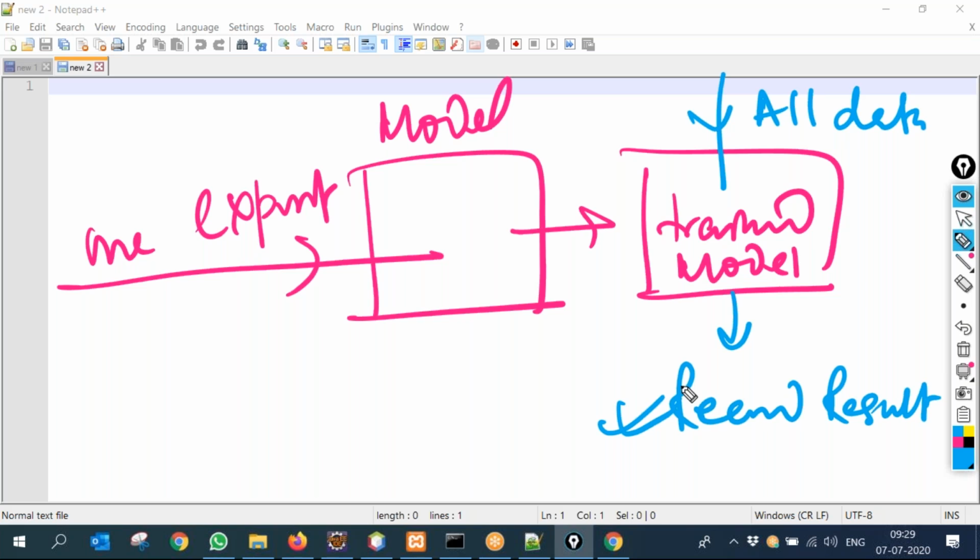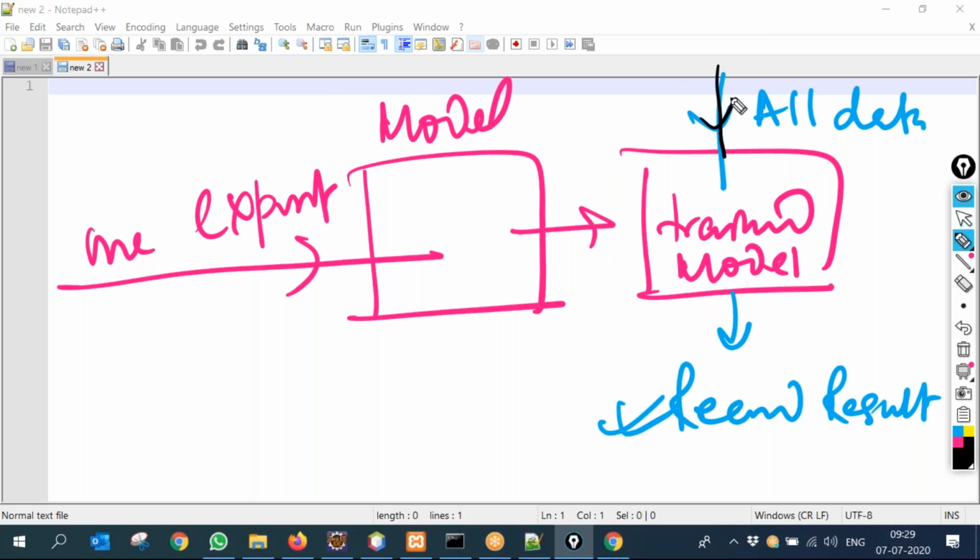If I send it to another person, it will learn about him also, and then it will have a mix of that. So what we did here is we allowed the model to learn only from one expert, so that it does not behave like another expert. And because it was a machine model, it was not influenced by subjective opinion.